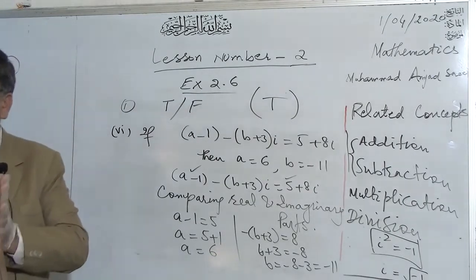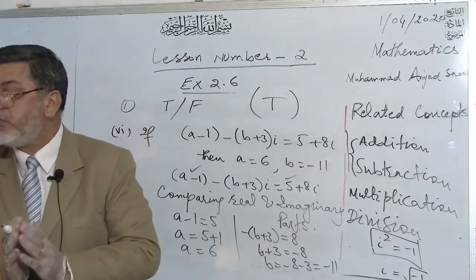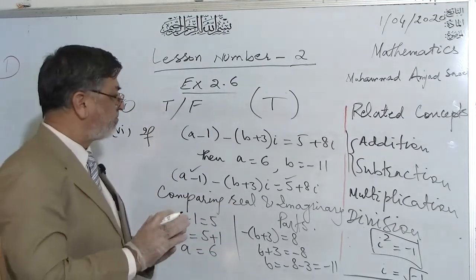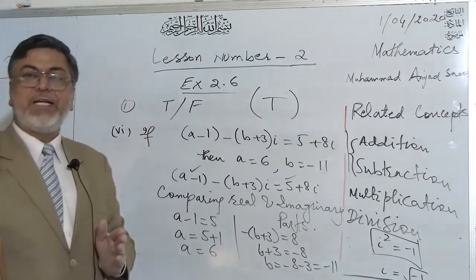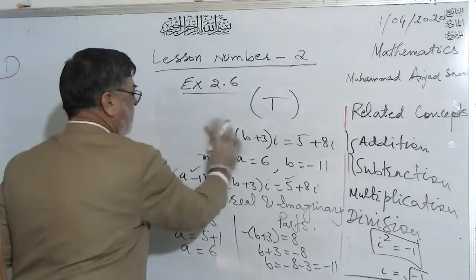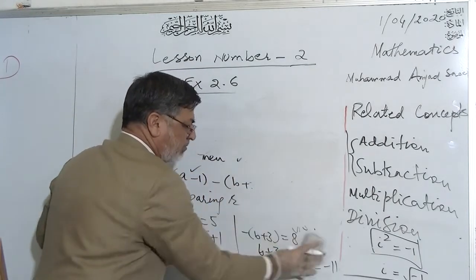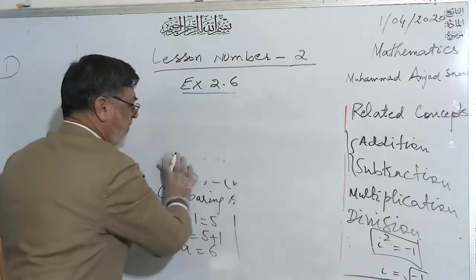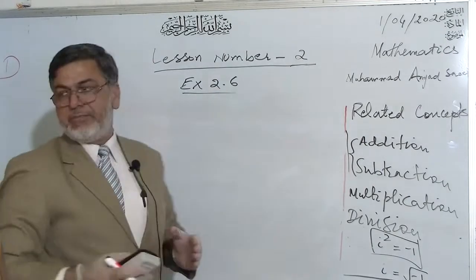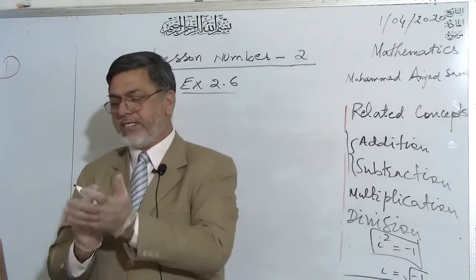After that, part number 7. Product of a complex number and its conjugate is always a non-negative real number. Again, there is a proof. Basically, this question, symbolically, first of all, we convert this question into symbolic form, then we confirm it. Although this question is coming as a true and false question, remember that this may come as a short question, a 4-mark question.